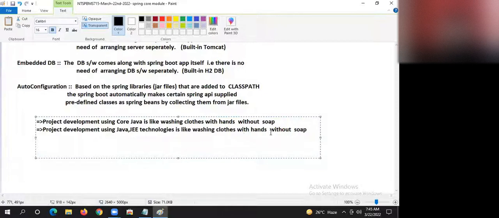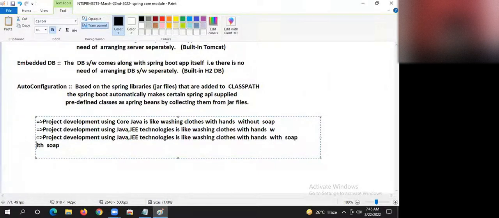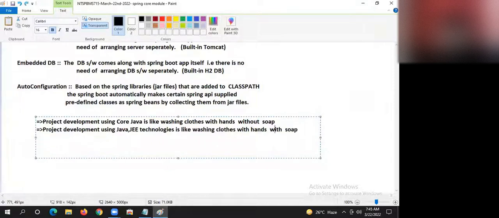Washing clothes. Tell me, guys, with soap. Soap is simplifying your life, Ra Babu.